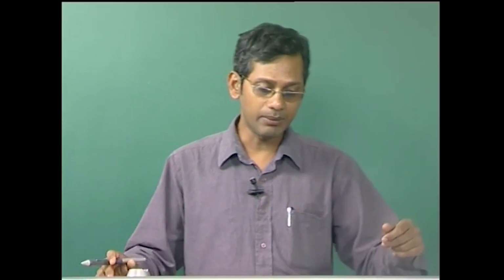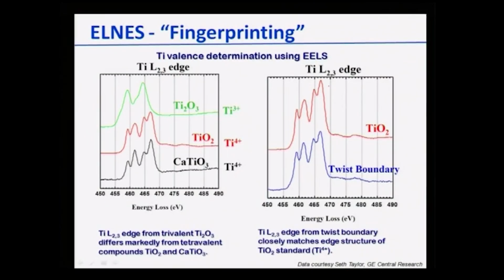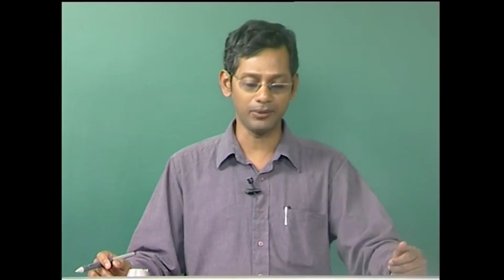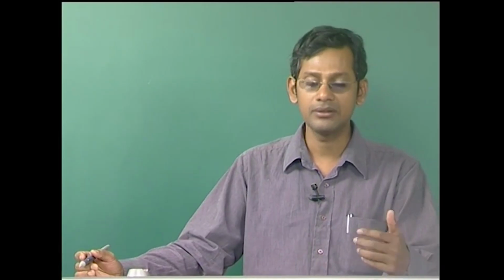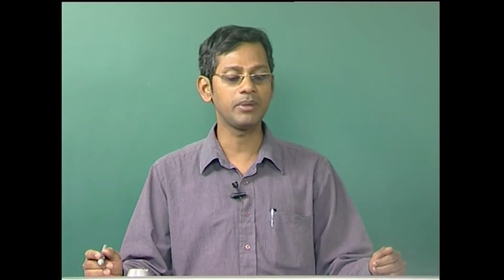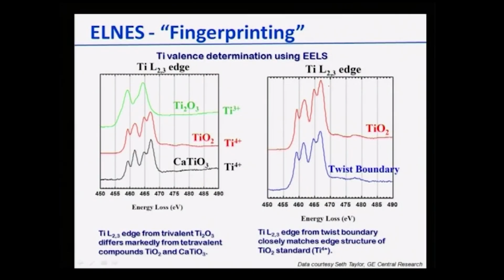Let me give you some more things about ELNES, how it can be used as a fingerprint. In fact, this is what people do nowadays to know exactly the electronic states of a particular atom. First, let us talk about titanium. Titanium in 3 different compounds: calcium titanate, titanium dioxide, and Ti2O3. In both calcium titanate and TiO2, the titanium has a +4 state, and in case of Ti2O3 it has a +3 state. If I look at the ELNES spectra of titanium in all these 3 compounds,